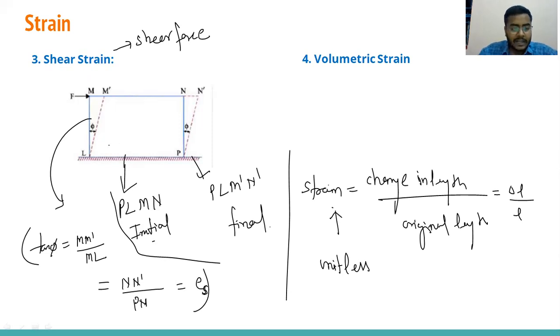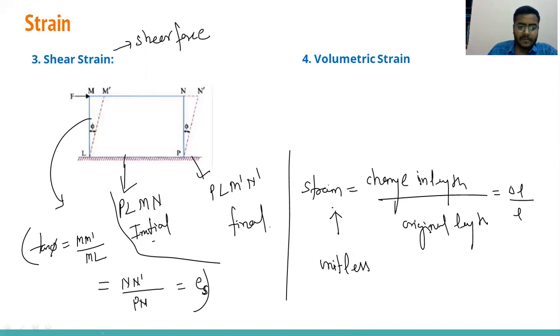There is a sign convention, so you can take positive or negative. When you apply a shear force, shear strain will develop, and we can measure that shear strain by calculating the angle made between the previous and final positions, that is, the angle with the original position. You can see in the picture the angle phi. So we can take tan phi by geometry.